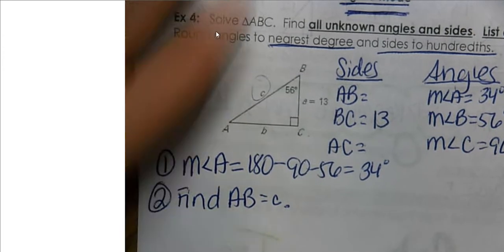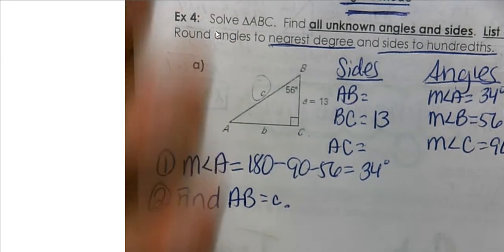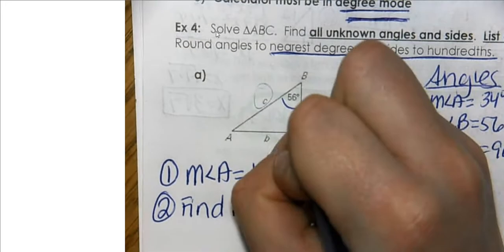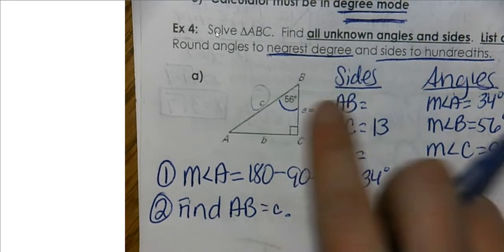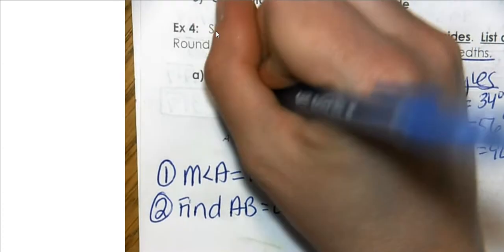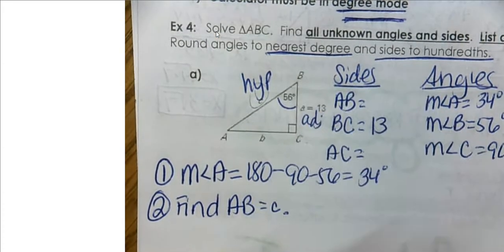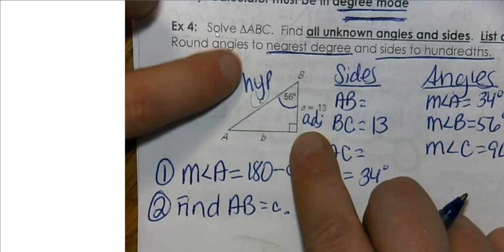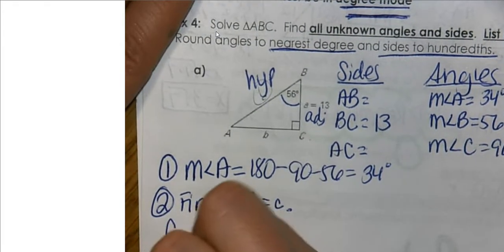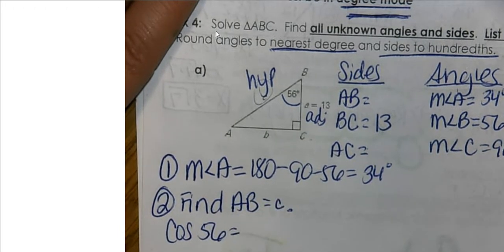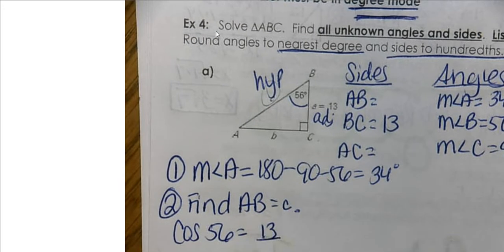With respect to given information, this is something that we've learned about. We always want to work with given information. So I can see that I have 56 degrees and AB is the hypotenuse, and I am given the adjacent side. I have an A and an H. That tells me I'm going to be working with cosine. So the cosine of 56 is equal to the adjacent, which is 13, divided by the hypotenuse,